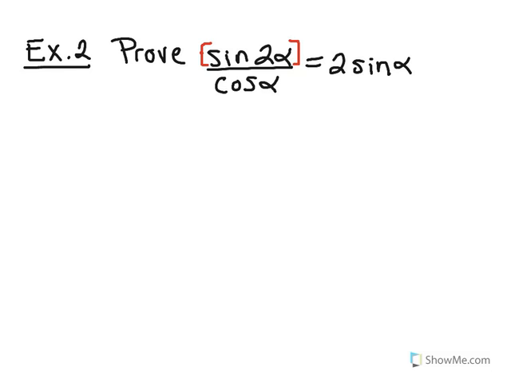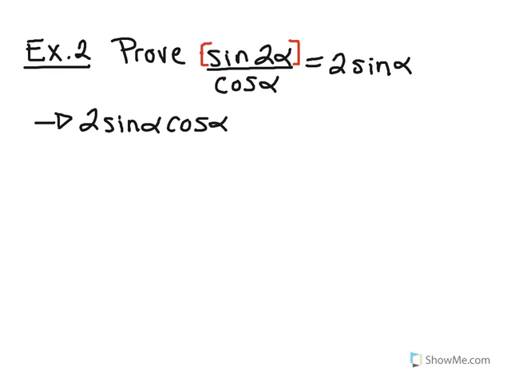Now, the sine of 2 alpha actually only has one identity, because this looks disgusting. There's nothing I can replace sine 2 alpha with besides that double angle identity. So I'm actually going to start on the left-hand side and try to prove to the right. So I'm going to rewrite this fraction using the identity. So make sure that you're looking on your chart with me so that you see where all this stuff is coming from. I'm going to write sine 2 alpha as 2 sine alpha